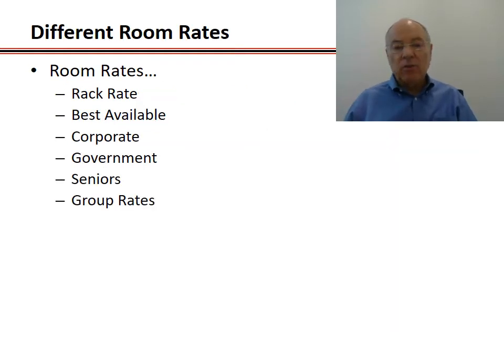In that context of talking about rooms, we need to talk about room rates and what we call different room rates. So let's go down these. Rack rate is what we would call the published rate for that room. It's the maximum rate that you would charge for that room. In the past, what rack rate represented was a point where you started every other rate from. So every other rate was a discount off of the rack rate.